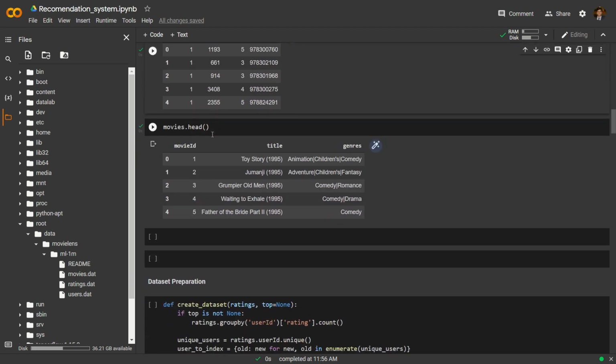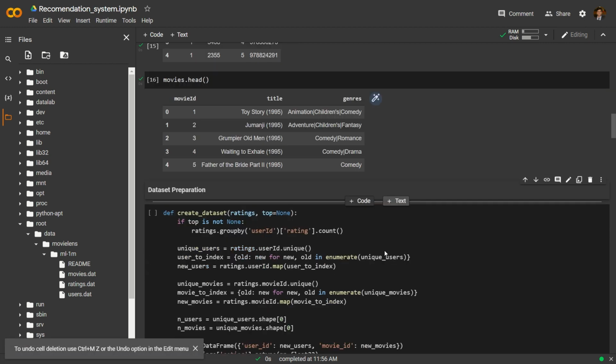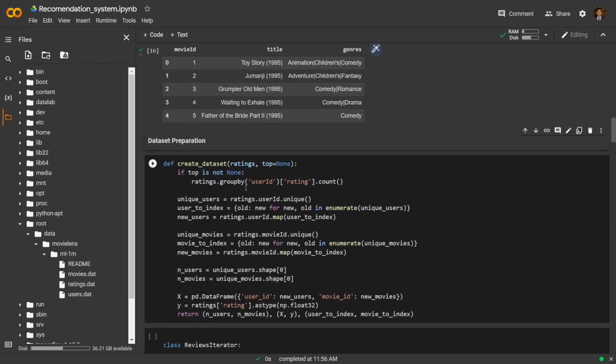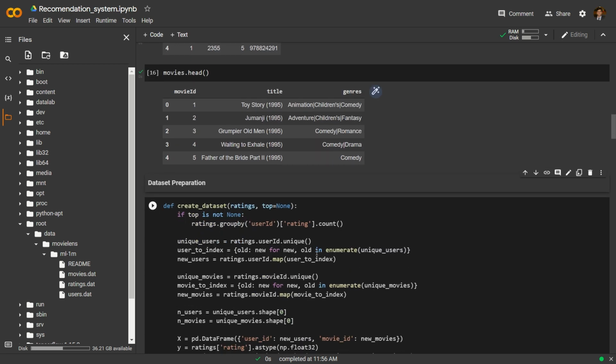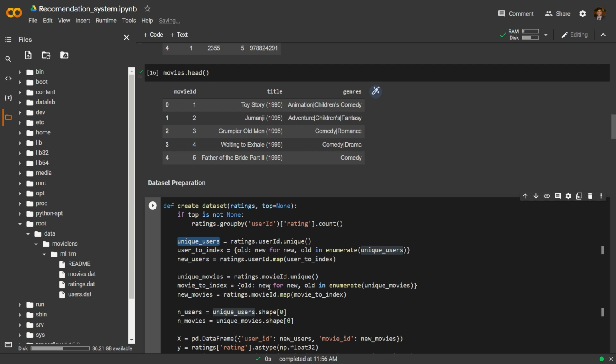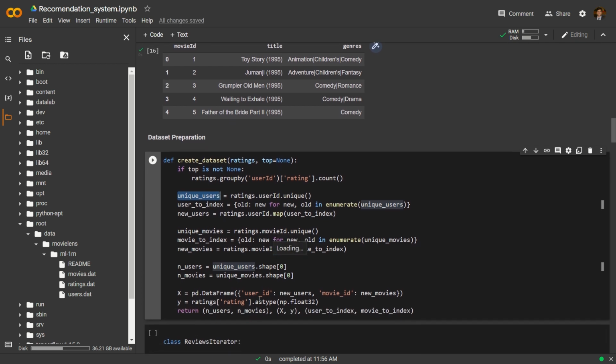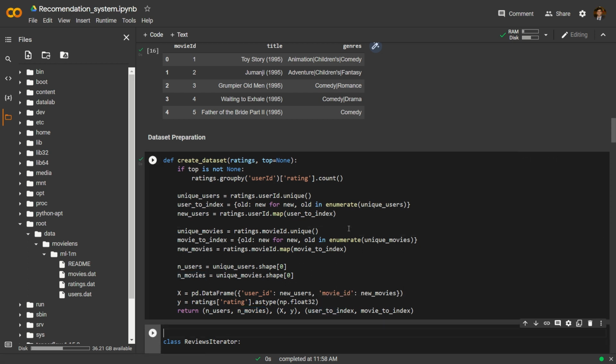Right, so now we're going to move on to data preparation, and we have this function here that is going to perform a group by on user ID and ratings, right? And then it's going to take all the unique users and attach their ratings according to movie IDs. At the end, it's going to return us the number of users and the number of movies, as well as index our users and movie indexes. So we run this piece of code here,